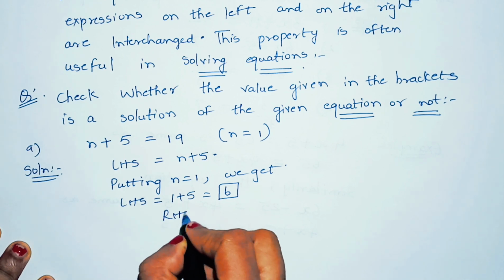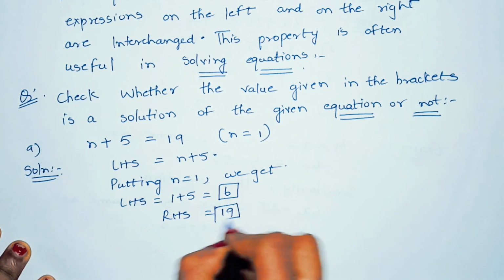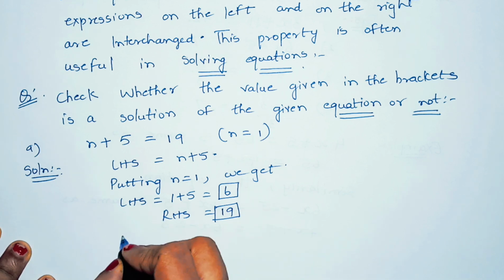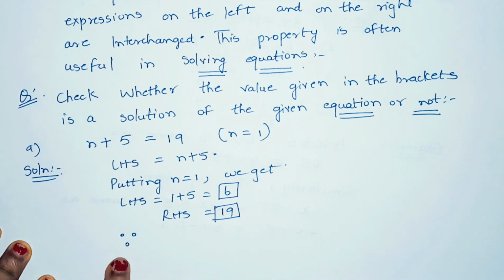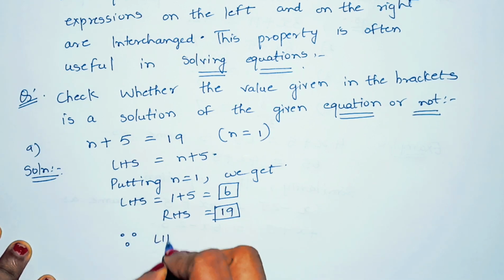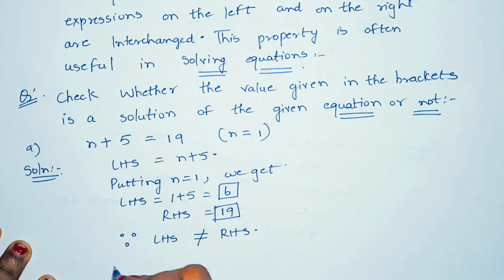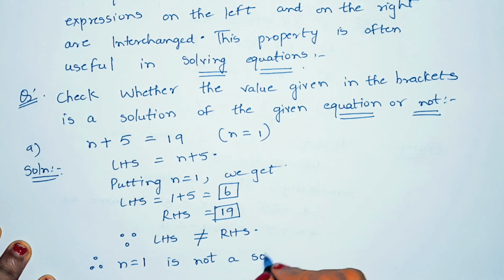And RHS, what you have, they have already given in the question. Can you see? LHS value is 6 and RHS value is 19. Since LHS is not equal to RHS, therefore n is equal to 1 is not a solution